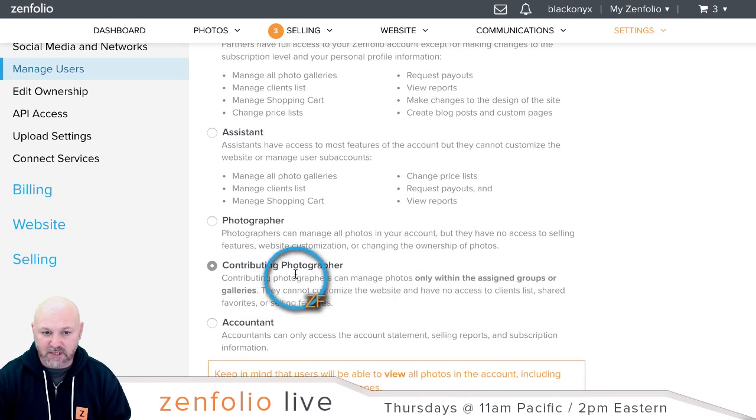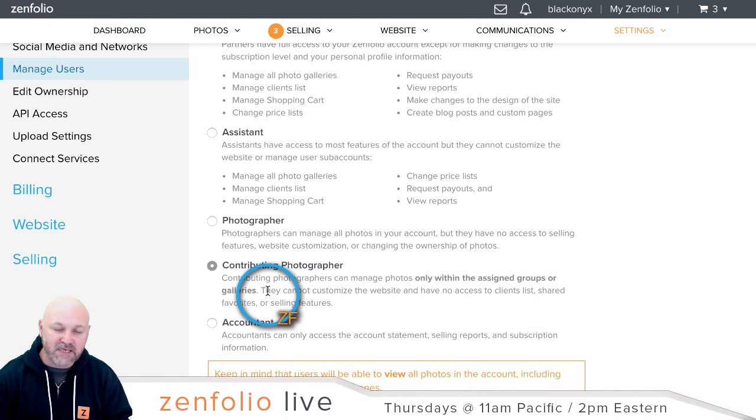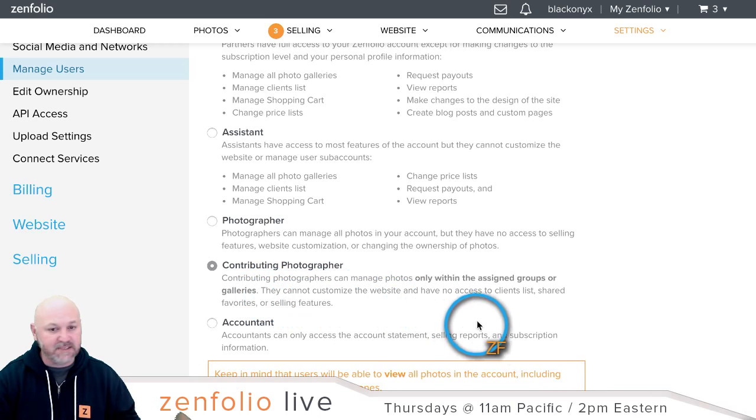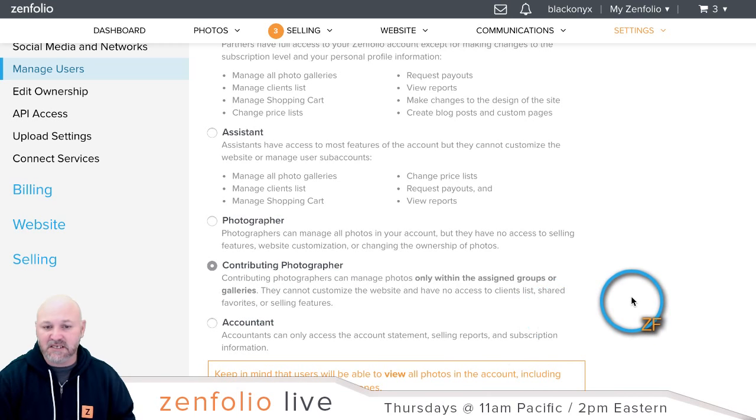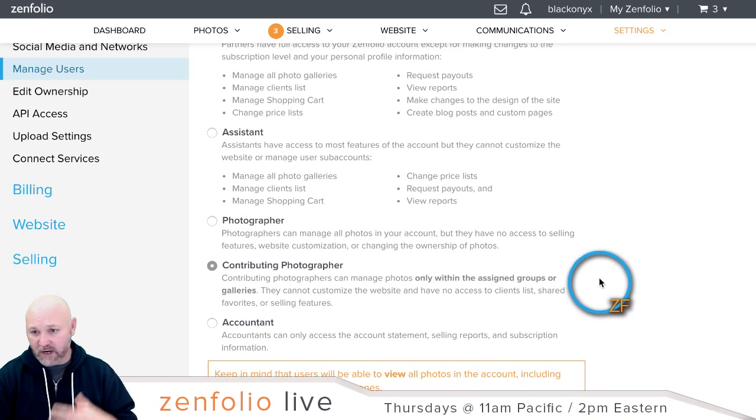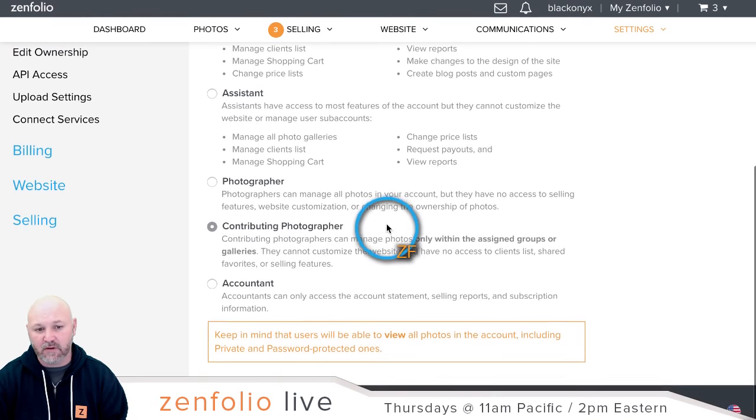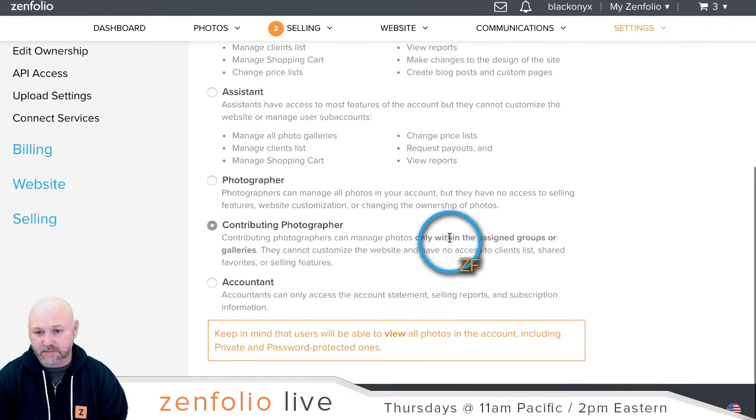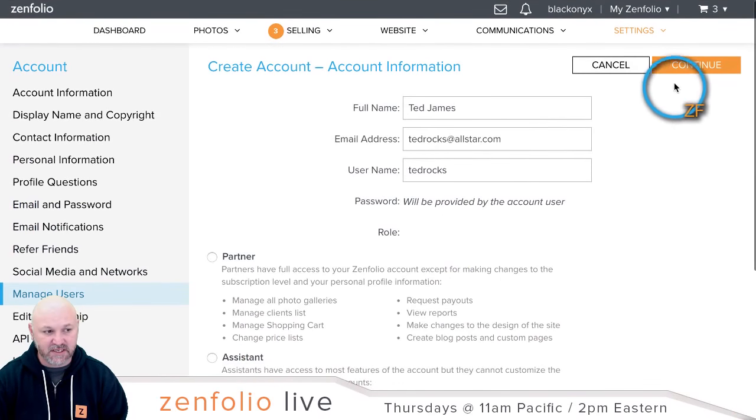Now the contributing photographer, they can manage photos only with the assigned groups or galleries, so they can't even go in and change things about photos in other galleries that they're not assigned to. However, they still can see them, but they cannot customize the website. They can't access your client list or any of the selling features. So once you choose that, then basically you just hit continue,